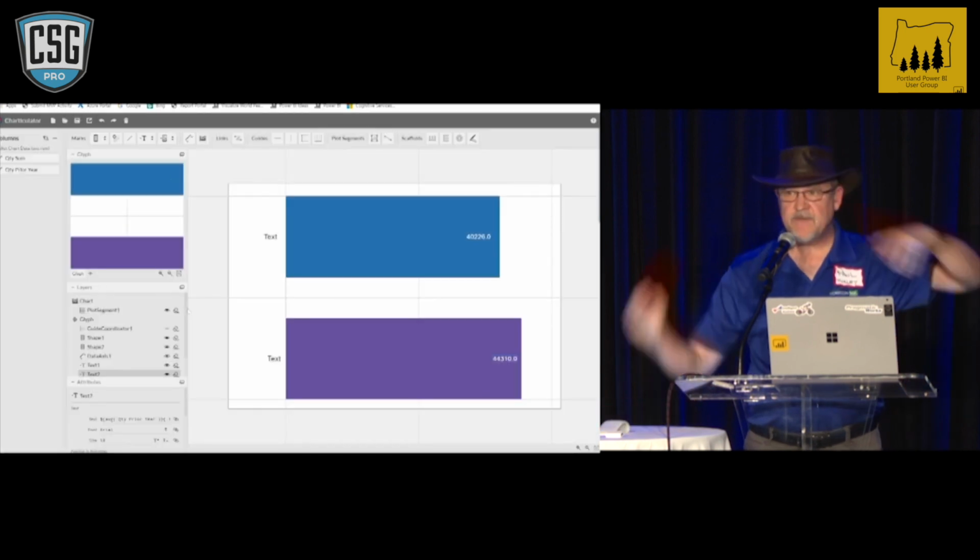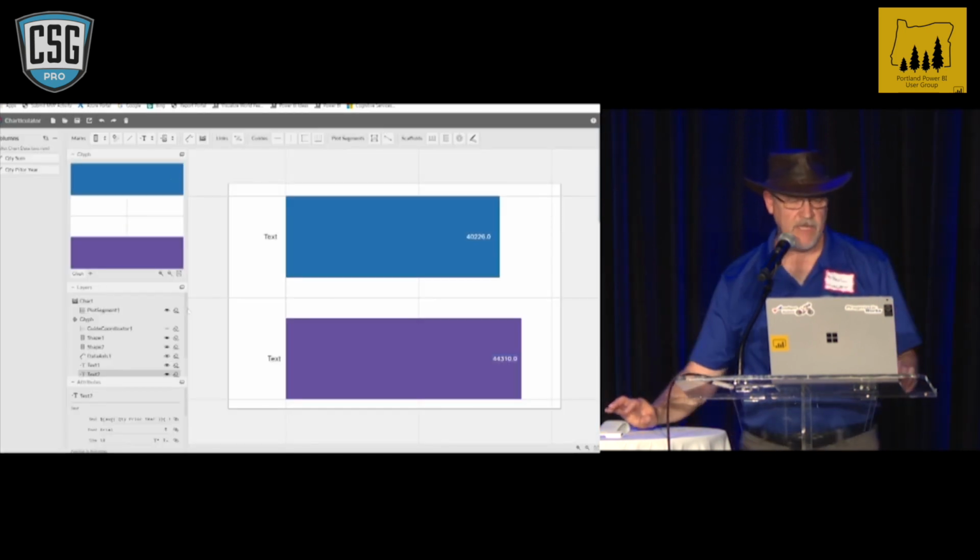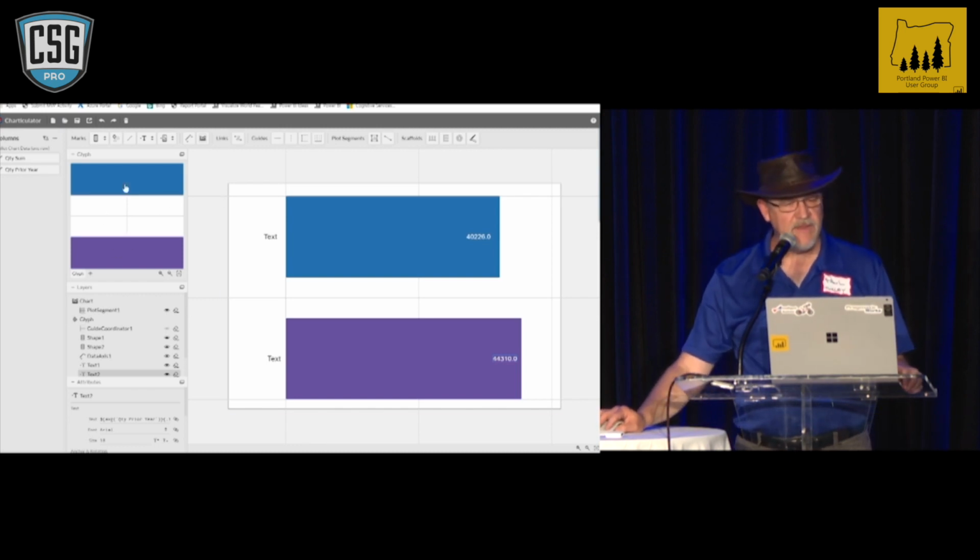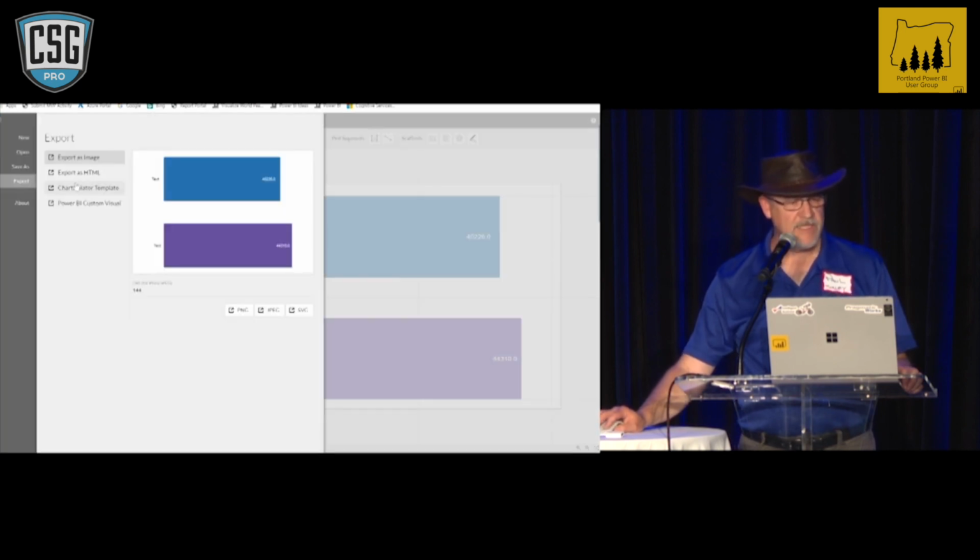Okay, so that's saved. So if something blew up, my machine melted down, it would be there the next time I use Charticulator. The next thing that I want to do is export this as a custom visual. So when I choose export, you can see I can export it to an image. I can just create a web page out of it or a template to pick up and use at another time, or I can